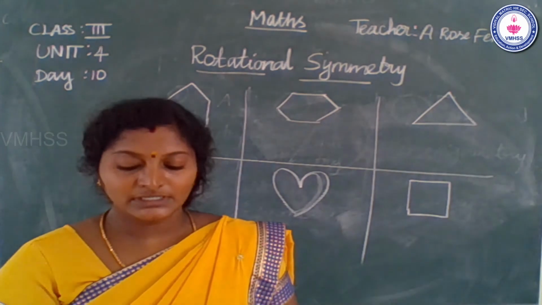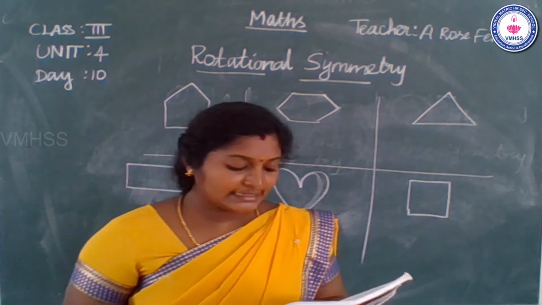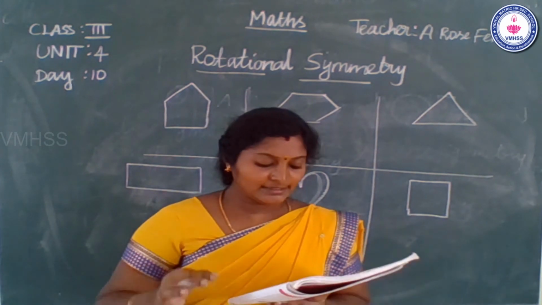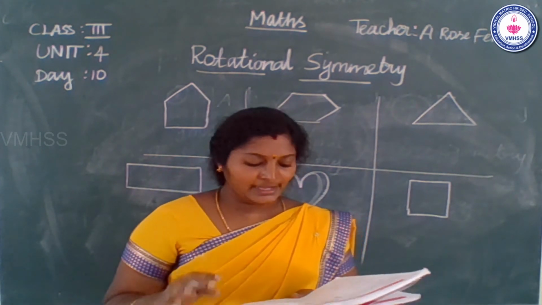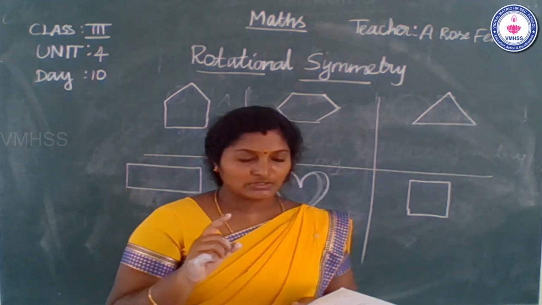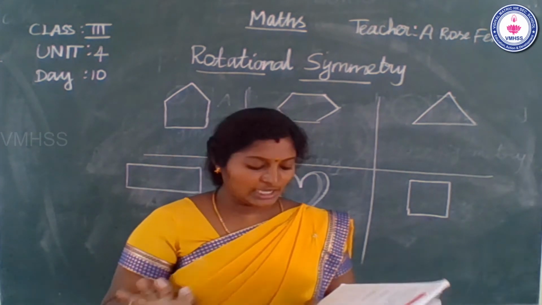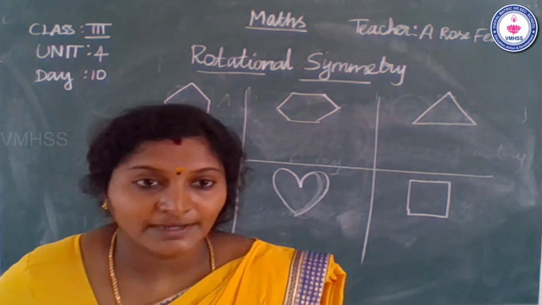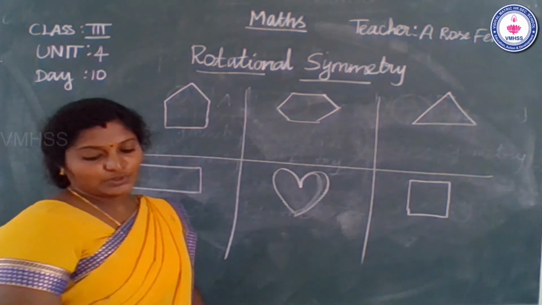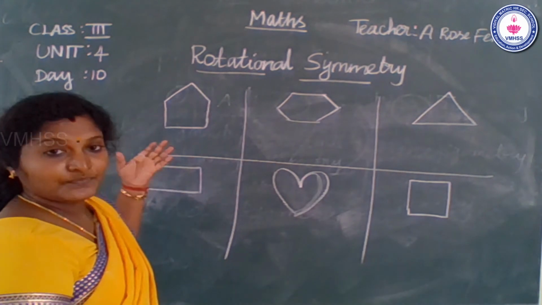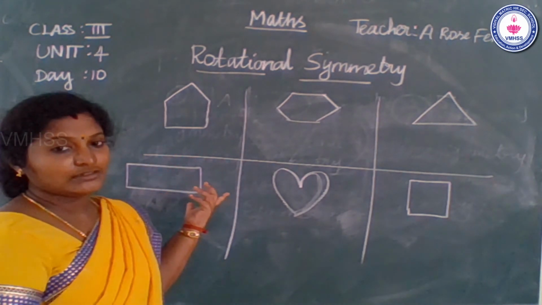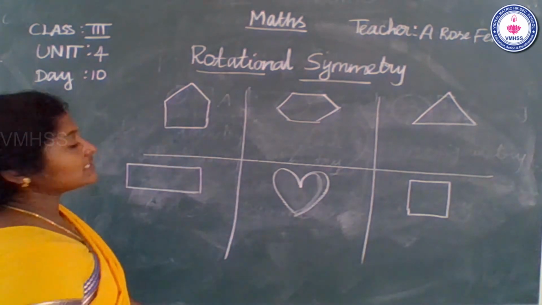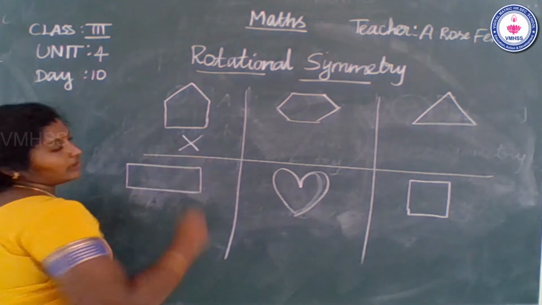Take a page number 90. So, take the shapes that have rotational symmetry. Okay, take the rotational symmetry. Okay, and cross out the ones that do not. Okay, so now shall we start, ma? Okay, so first one is rotational symmetry. Dear children, tell the answer. So first one is rotational symmetry or not? So it is not a rotational symmetry.